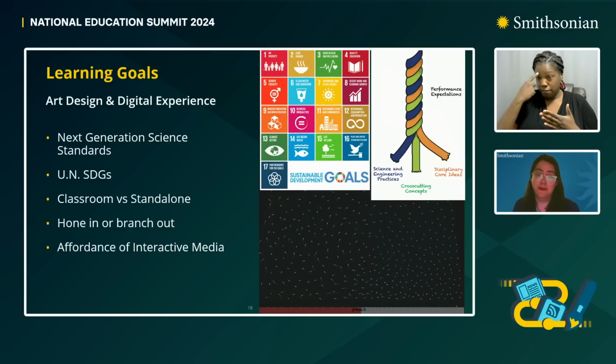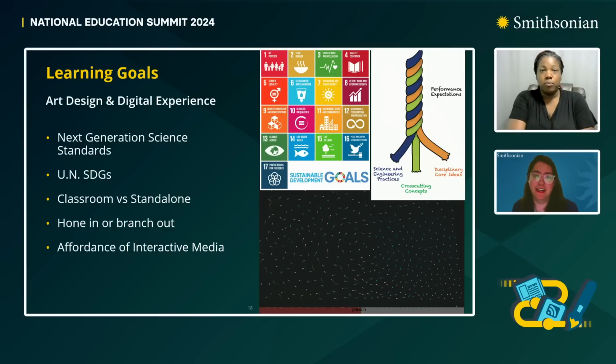the classroom, that is, being an interactive that is part of a larger curricula that's meant to be done in classroom, versus being a standalone asset that somebody could stumble upon on a website and play and still get a meaningful learning experience. Very often this ends up being a yes and rather than either or. But finding exactly what the balance of these two goals in our design is really important.